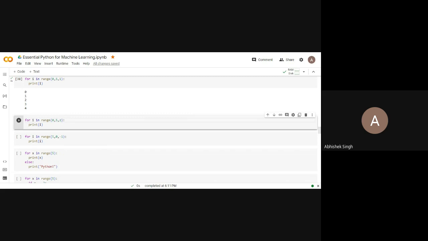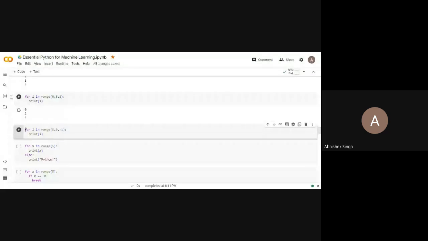You can also write this like this: for i in range, starting from 0, going up to 5 excluding 5, and this parameter is your increment or decrement operator. By default it is 1. If I run this, again the output will be the same, 0 1 2 3 4. If you want to change it, suppose not i plus plus but i plus 2, in place of 1 you have to write 2. Now when I run this, it will start from 0, skip 1, jump to 2, skip 3, jump to 4. So this is i plus 2.